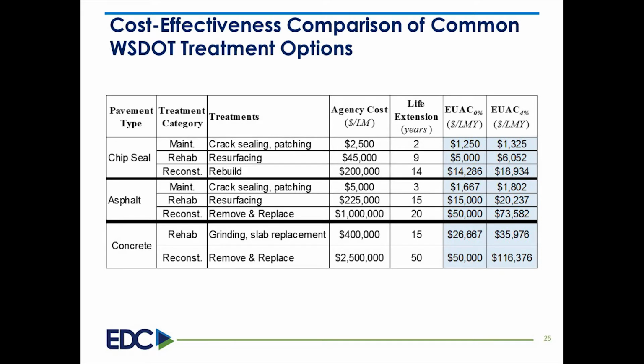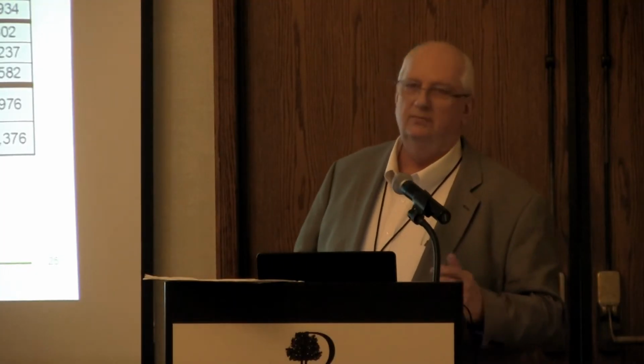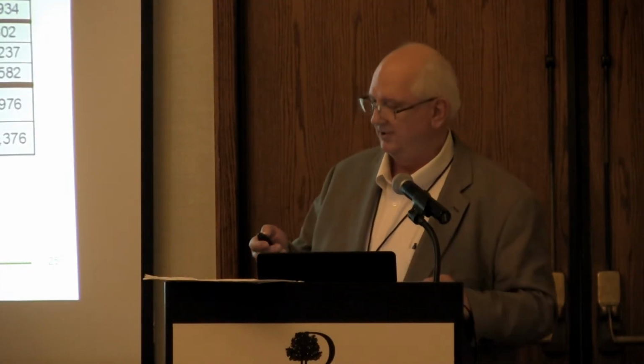But the main two key points are how much we are spending on any given treatment and what the life extension is. So with that, we can calculate the annual cost, and I've got two different columns for annual cost: one with a 0 discount rate, a very simple comparison, and one with a 4% discount rate, which is how we consider the time value of money. So we calculate both just so we can evaluate whether there is any difference in our decision because we're considering a discount rate or not. Usually it makes no difference in our decision.